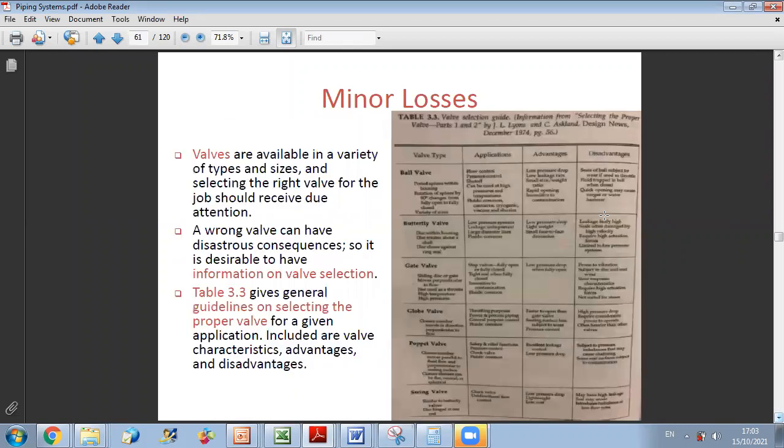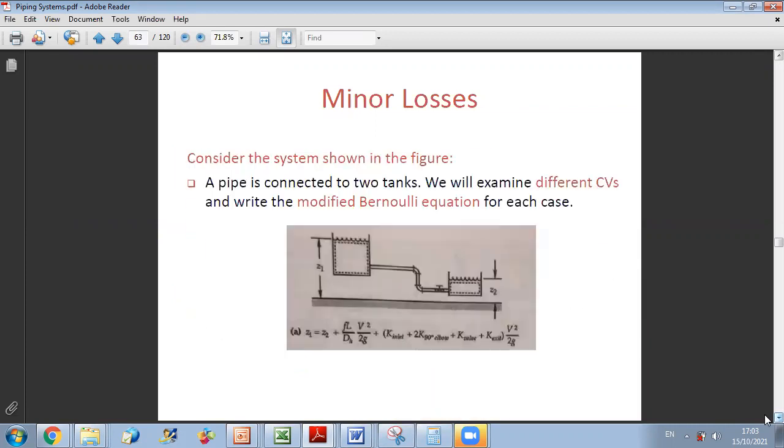And we have seen together that we have several tables that will give us the friction, the coefficient of loss K, depending on the type of fitting we have. Okay. So for example, here, if we consider the following figure, and we are interested